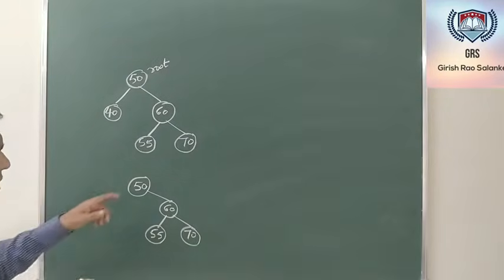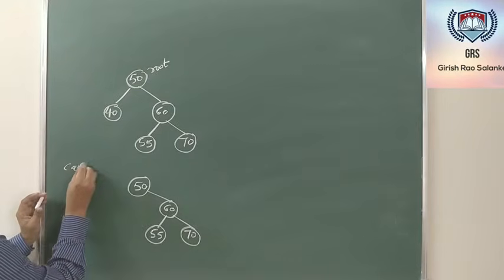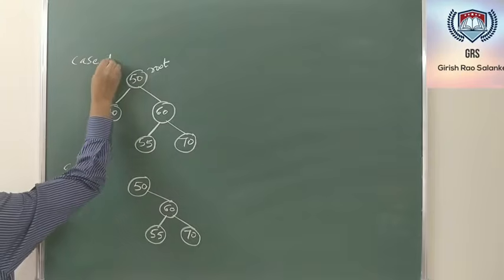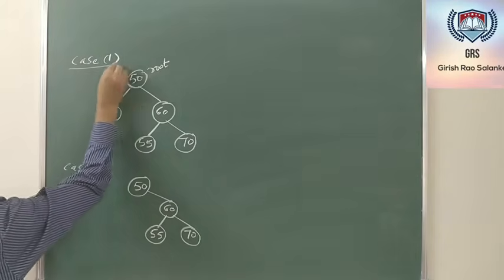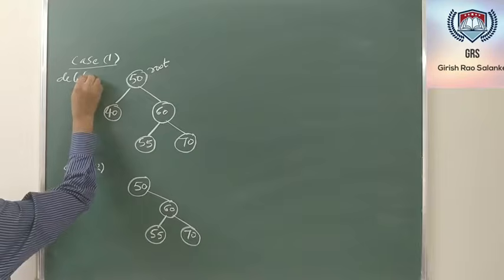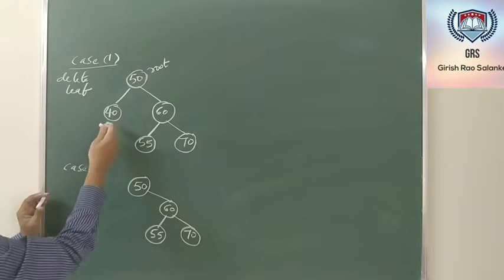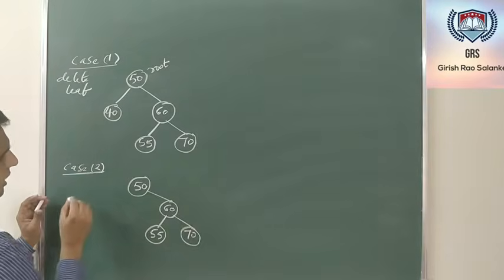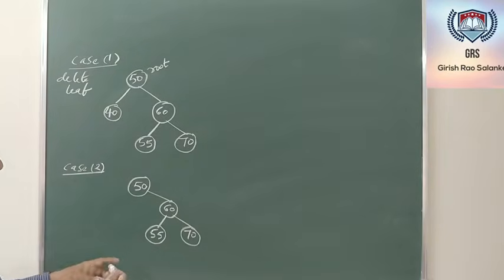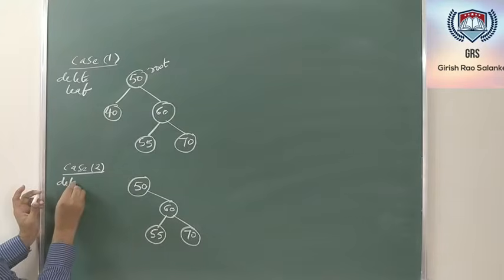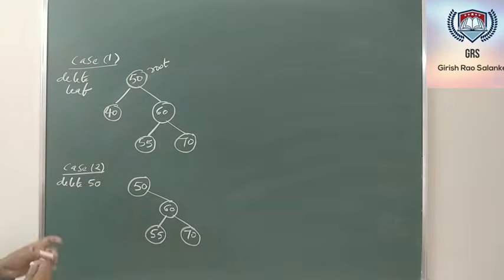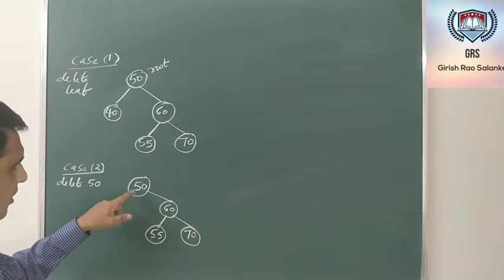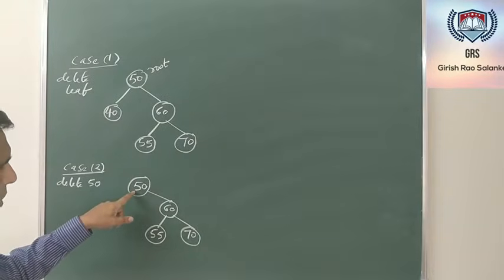Now assume that in this second case, case 2, maybe here I will call it case 1, to delete leaf nodes, whether it might be 40, 55 or 70. Now in this case, let me assume that I want to delete 50, this node. If I want to delete 50, I need to check whether this particular node